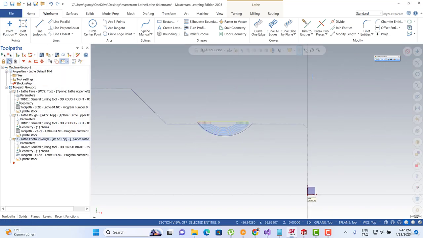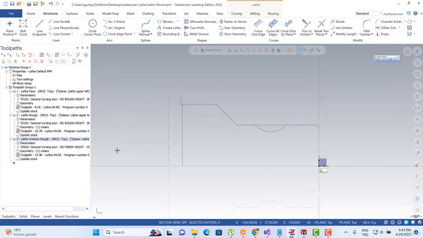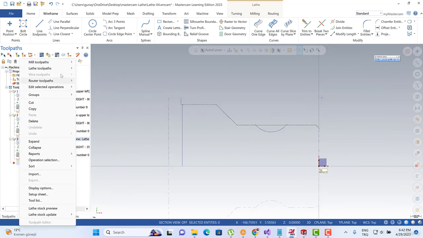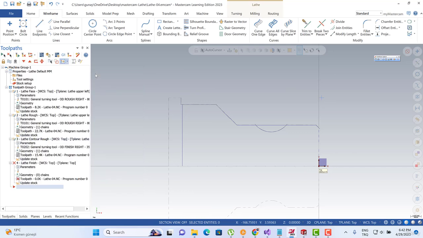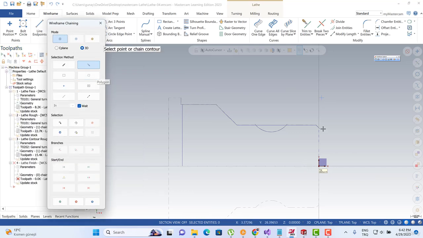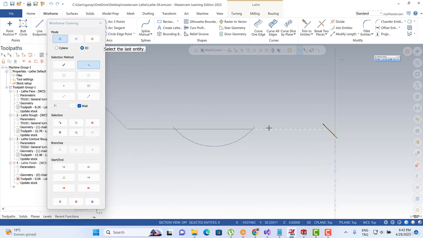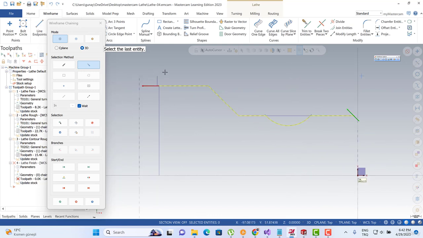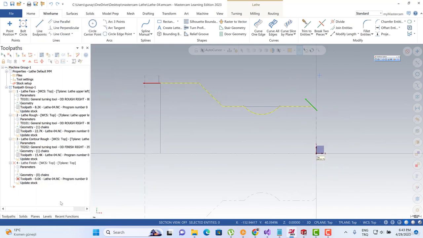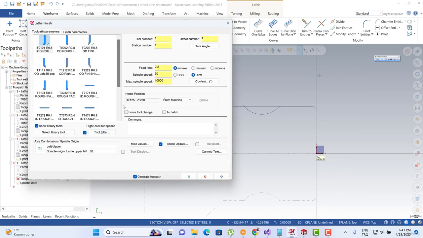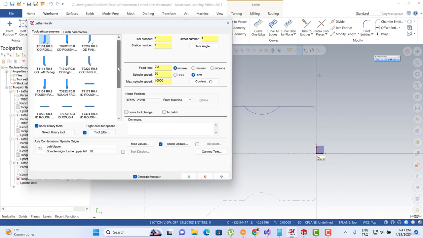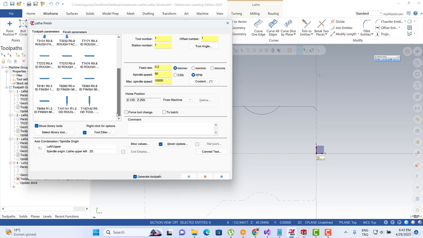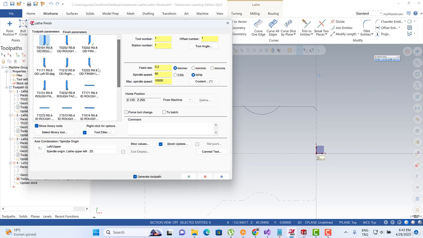And after that, let me create my finishing process. I'm gonna turn to the toolpath options and finishing toolpath. And then let me start from here. And then we can turn to here. And then I think that's enough for this point. And then let me hit the OK button. Actually, after that, let me turn to here, and